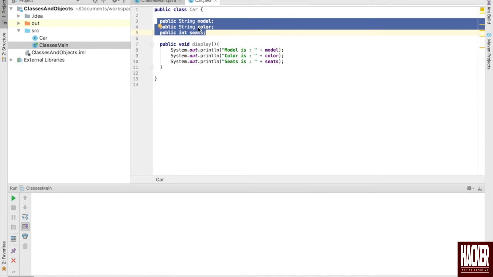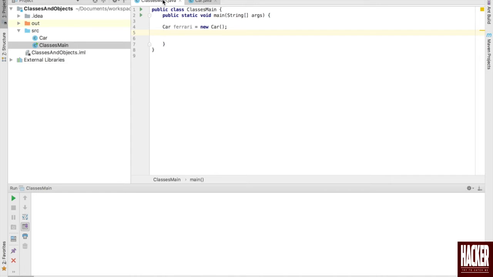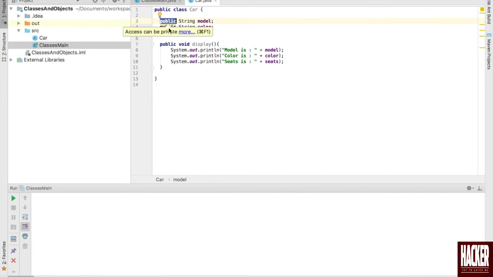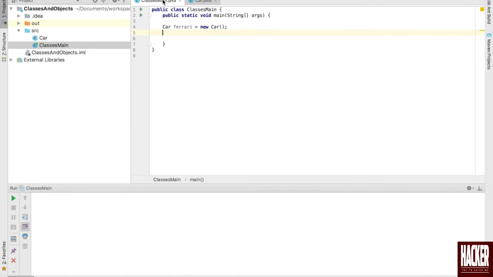So initially all these variables will be null, okay, they won't have any values because you are not initializing them with a default value, okay. So to assign them values, we'll start assigning from the main class itself, okay. Just to let you know, all these variables that we created are public variables and can be accessed from the main class, okay.